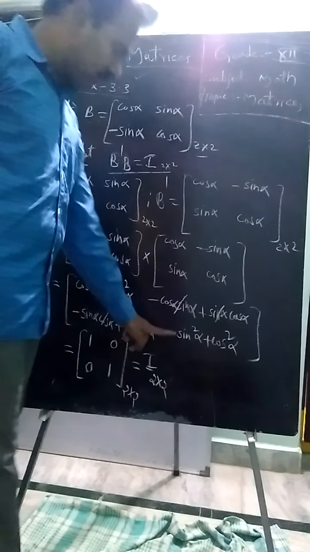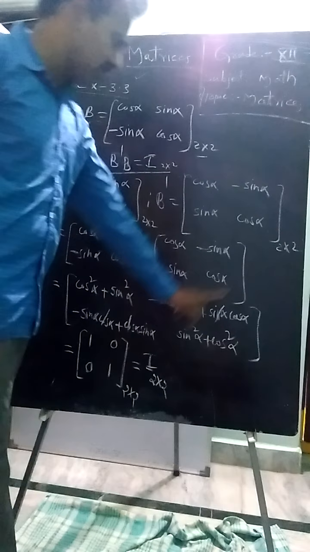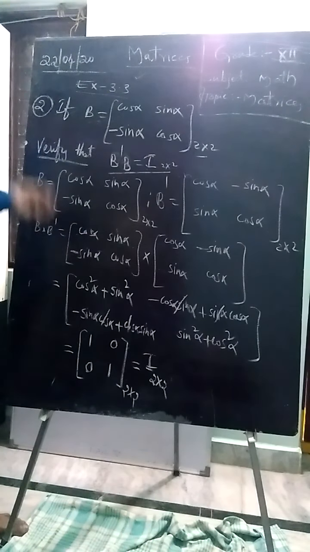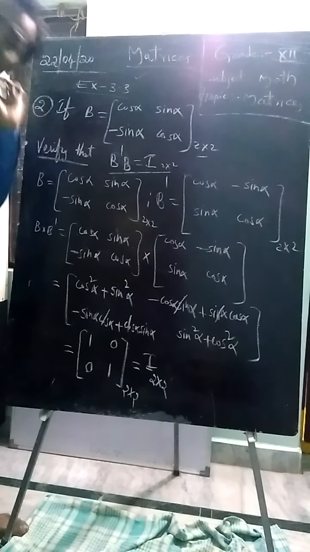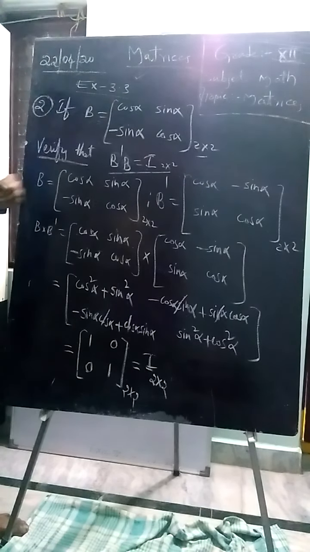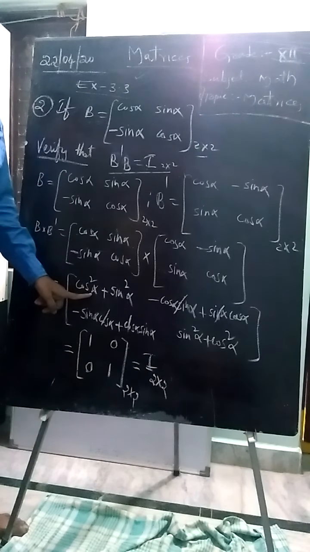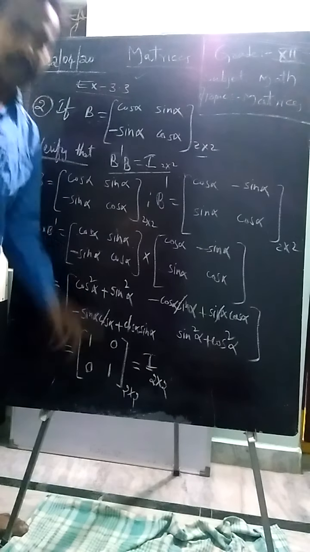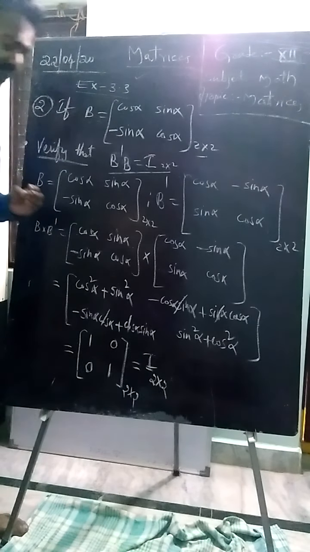Again minus into minus plus sin alpha into sin alpha, sin square alpha, plus cos alpha into cos alpha, cos square alpha. You know well, in earlier classes, in trigonometric identities, you learned sin square alpha plus cos square alpha, or cos square alpha plus sin square alpha, value is 1. Trigonometric identity you learned in a previous class.